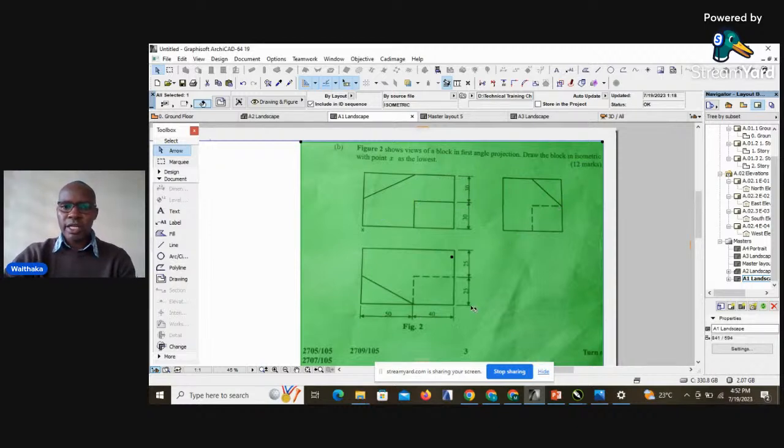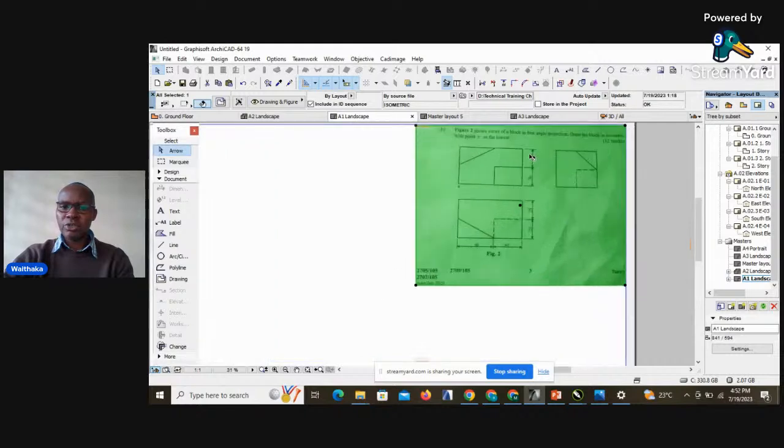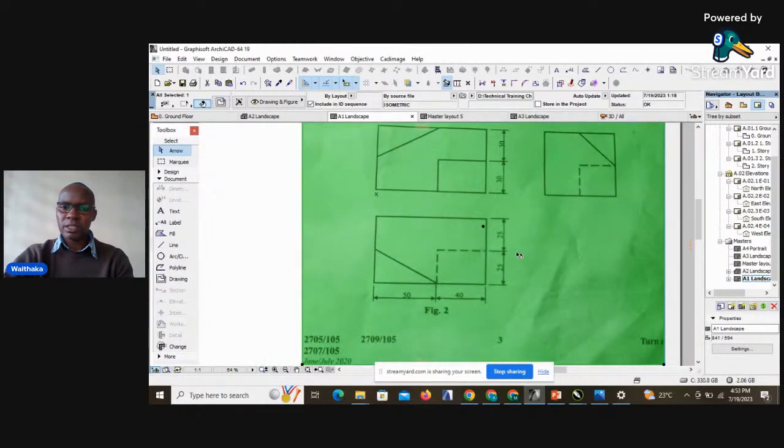So these views are in first angle, and we've already been told in our question, because it says that figure 2 shows views of a block in first angle projection, and now we are required to draw an isometric block with point X as the lowest point. For us to generate this isometric drawing, it is very important to understand the drawing, and you can see that this drawing has a length of 90 millimeters and a height of